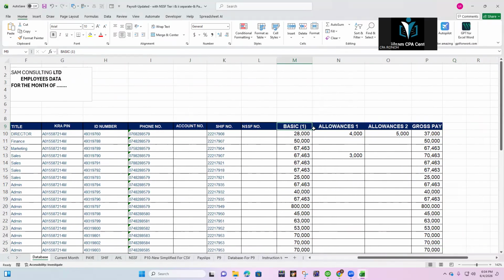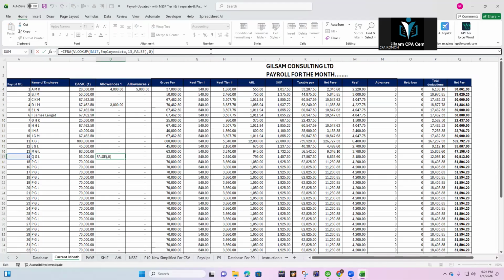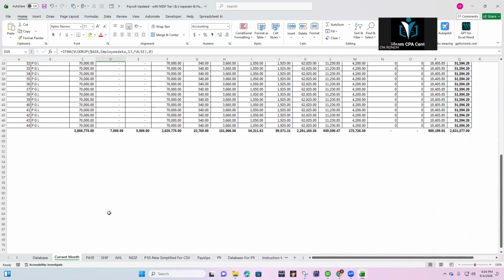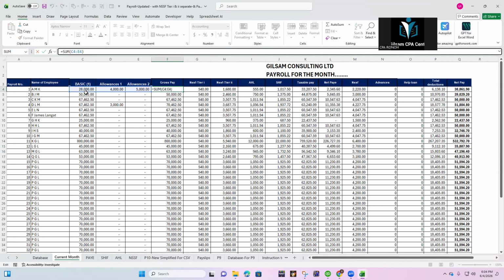the section of basic. We have also introduced allowance 1 and allowance 2 and the gross pay. So once you insert your basic pay, allowance 1 and 2 and the gross pay, you will get all this data in the current month year. So in the current month year, you can see we already have that data populated here, which in this gross, we have just used the sum of the basic,